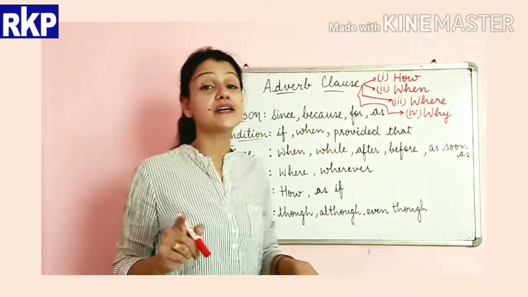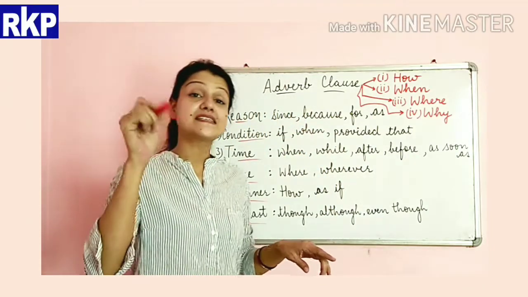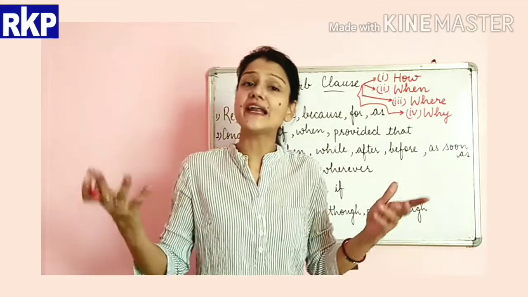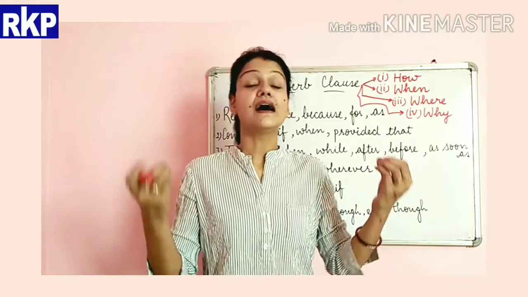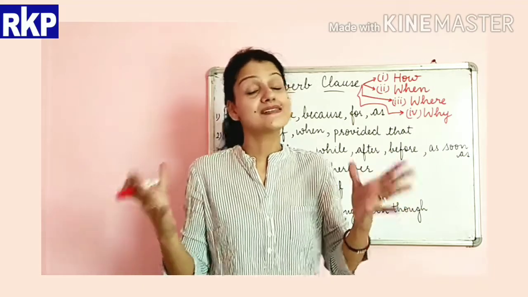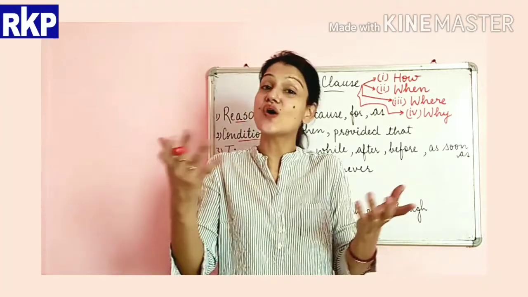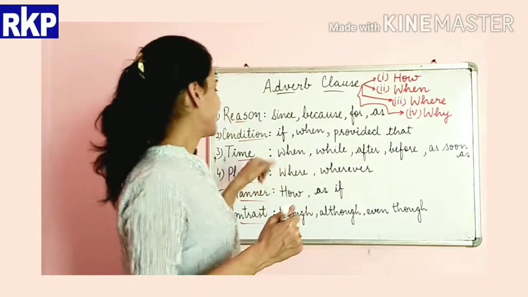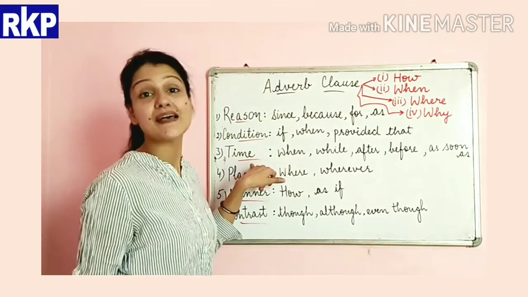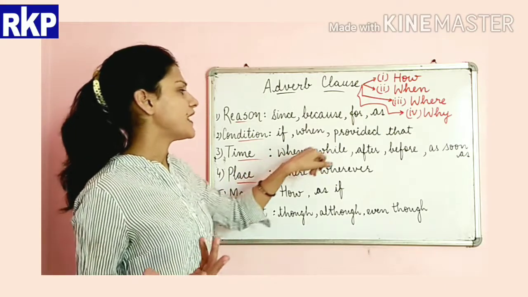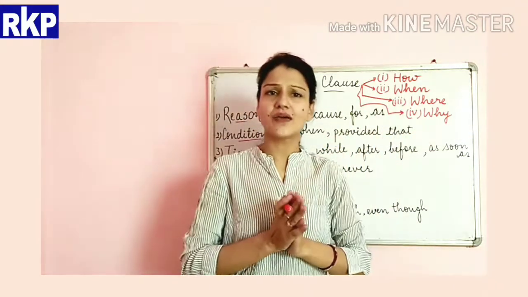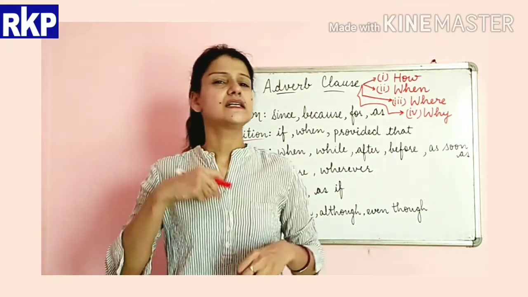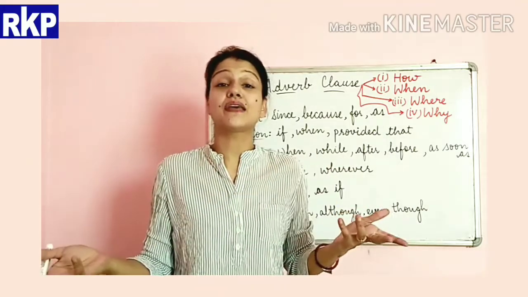Okay, and whenever a clause starts with if, we also call it an if clause. We can also call it a conditional clause because there is a condition in the clause. It always has a condition. That is why it is called a conditional clause. Now, then we have conjunctions for time as well. There are many: when, while, after, before, as soon as. These conjunctions always indicate the time, when something happened.